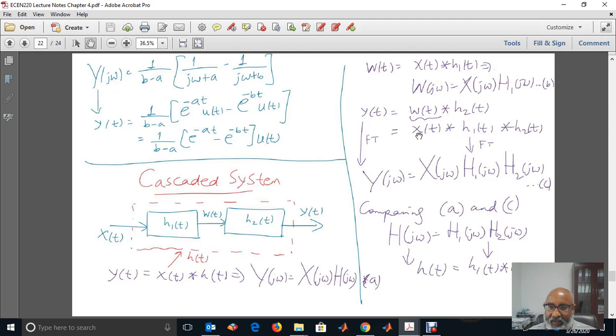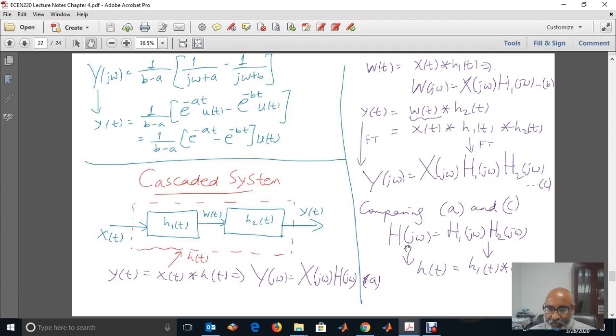So when I substitute for w(t), which is x(t) convolved with h1(t), and change it to the frequency domain, Y(jω) is equal to X(jω) times H1(jω) times H2(jω). If I compare equation A, Y(jω) equals X(jω) times H(jω), and equation C, Y(jω) equals X(jω) times H1(jω) times H2(jω),